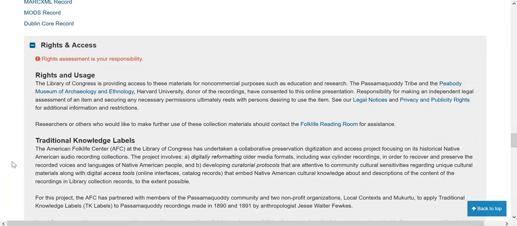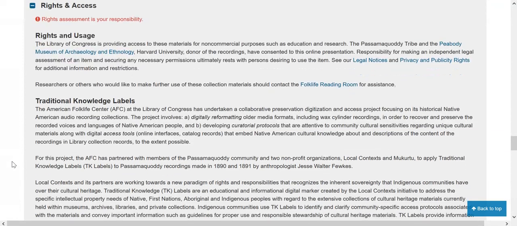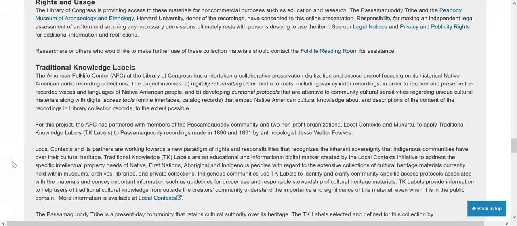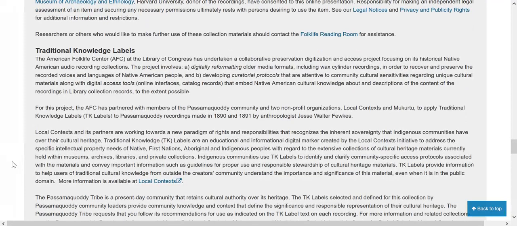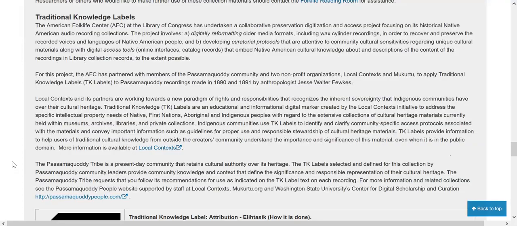These are important because these materials, particularly this entry that is in the Algonquin language, is subject to some traditional knowledge passed down by native cultures, particularly in the Americas. The knowledge labels will indicate how an item should be used in accordance with the wishes of the community that produced it. For example,